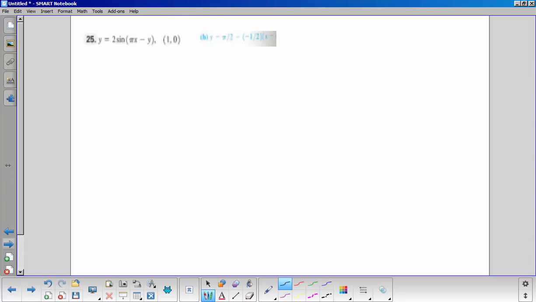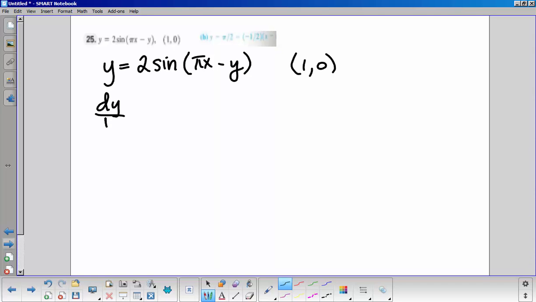All right. So I'm going to take the derivative of this: y equals 2 sine of pi x minus y, at 1, 0 is where I need the tangent line and the normal line. Okay, so the derivative on the left. Yeah, that wasn't a trick question, I promise. Then we have 2 goes along for the ride. Derivative of sine, cosine, keeping the argument, times the derivative of the inside, which is, what's the derivative of pi x? Pi